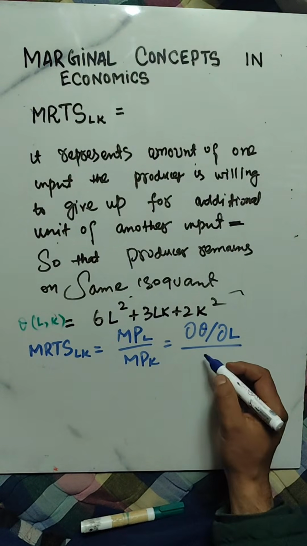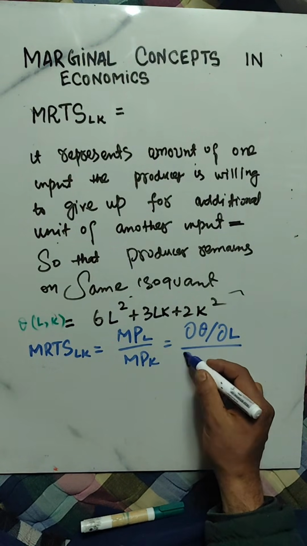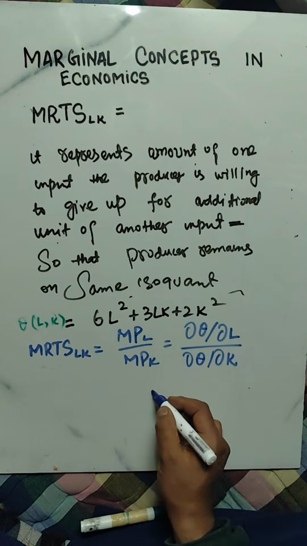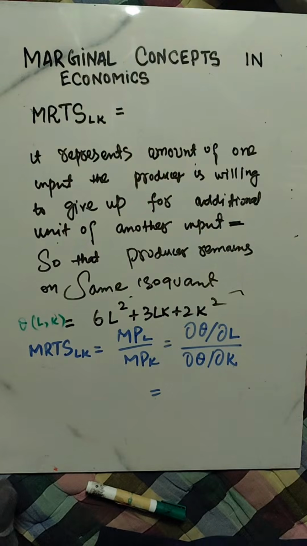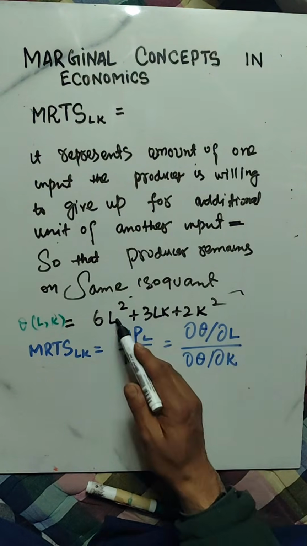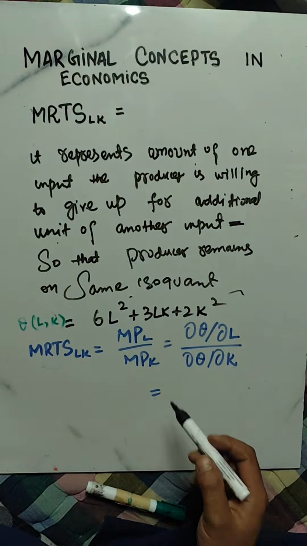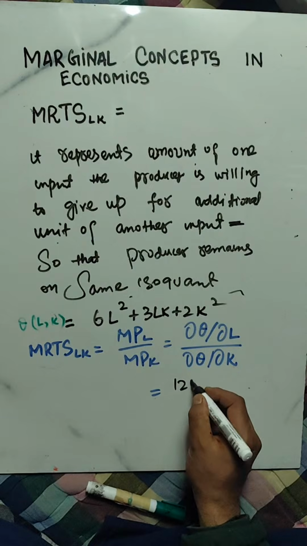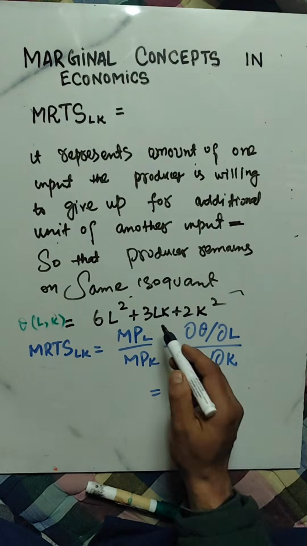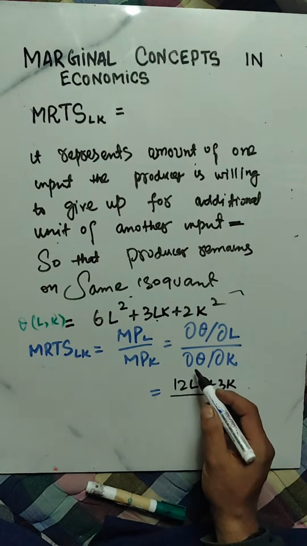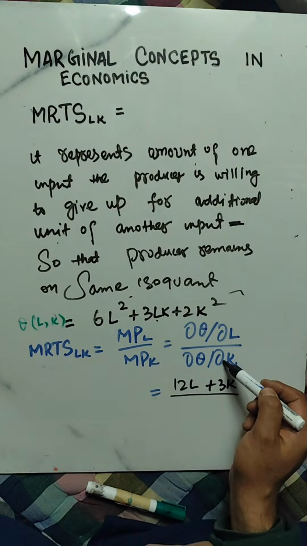And then we have marginal product of capital, that is the change in the total output due to the change in the units of capital employed. That will be the partial derivative, so dq upon dl, this is a partial derivative of this function with respect to L. Derivative of L square is 2L, so we will get 2 into 6 is 12L, 12L plus derivative of L is here 1, so we are left with 3K